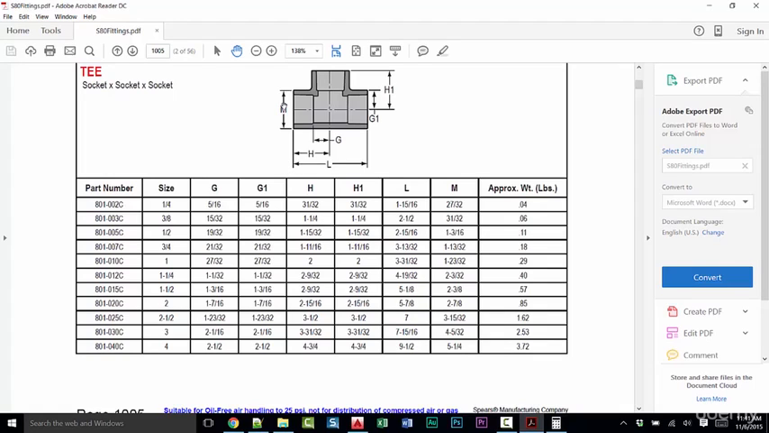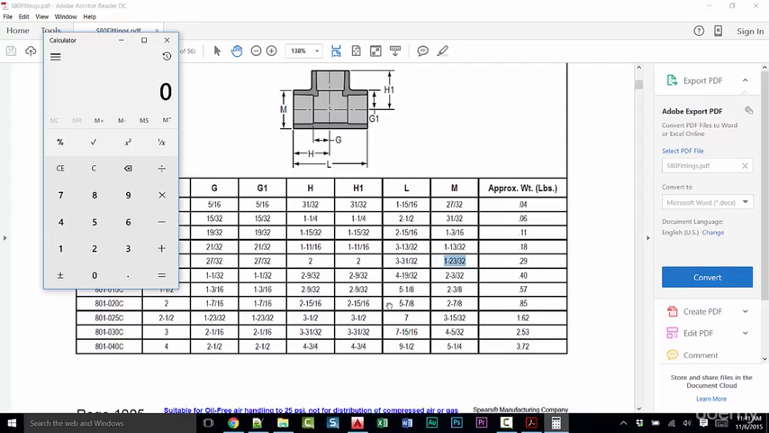So the first dimension that we need is this M dimension, because the first thing I want to do is create this tube that's going across from left to right. So that's going to start with a circle of the diameter M. So M for a 1 inch comes up to 1 and 23/32. So 23 over 32, that's going to be